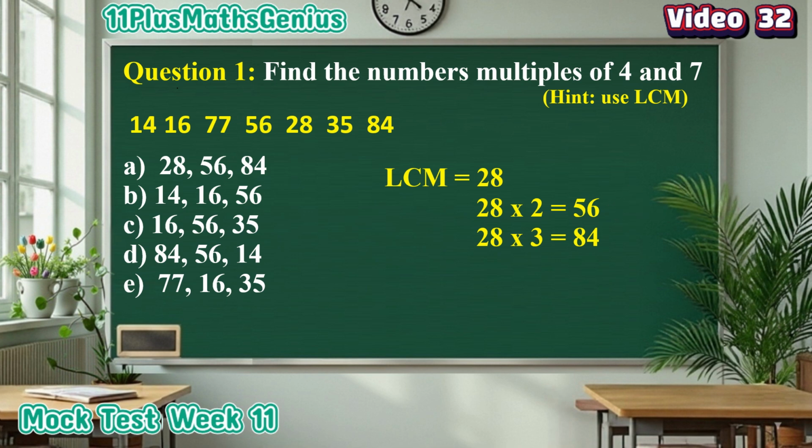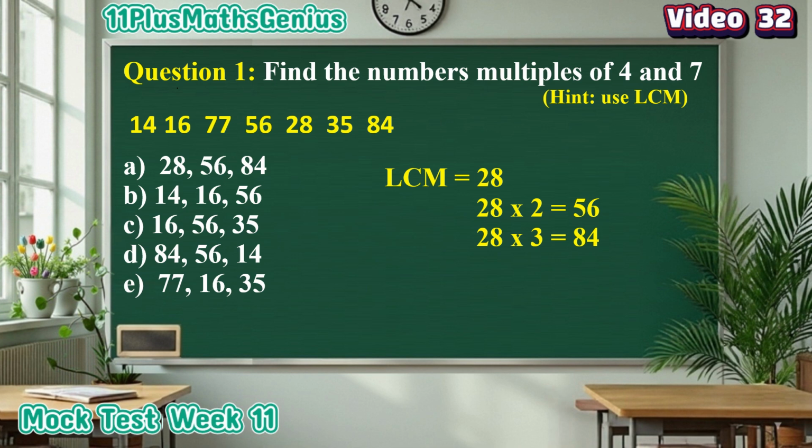56. No numbers can be divided by both 4 and 7 between 29 and 55, because of the rule of the lowest common multiple. Now the third number that can be divided by 4 and 7 is 28 times 3, which is 84. So no number between 57 and 83 can be divided by both 4 and 7, because that's the rule of